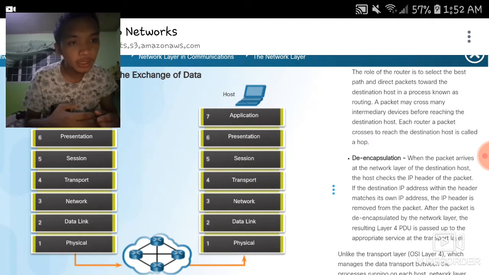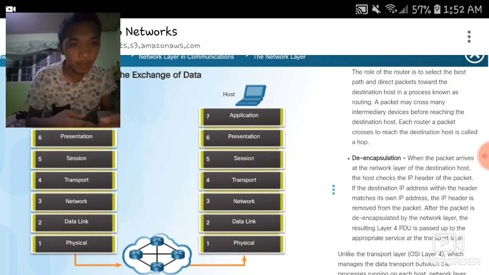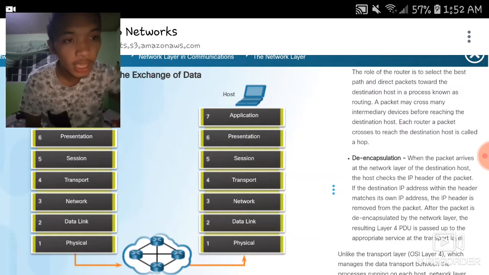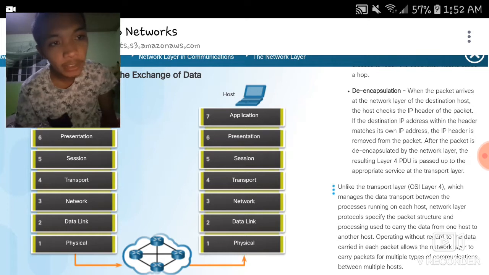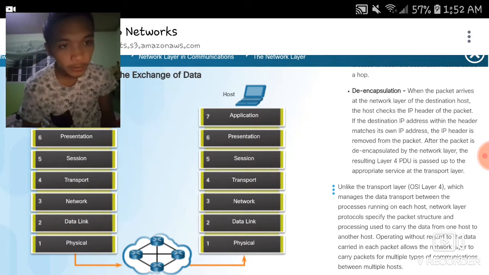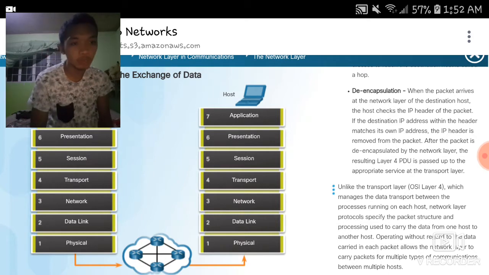De-encapsulation: after the packet is received by the network layer, the resulting IP layer 4 PDU is passed up to the appropriate service at the transport layer. Unlike the transport layer, which manages the data transport between the processes running on each host, the network layer